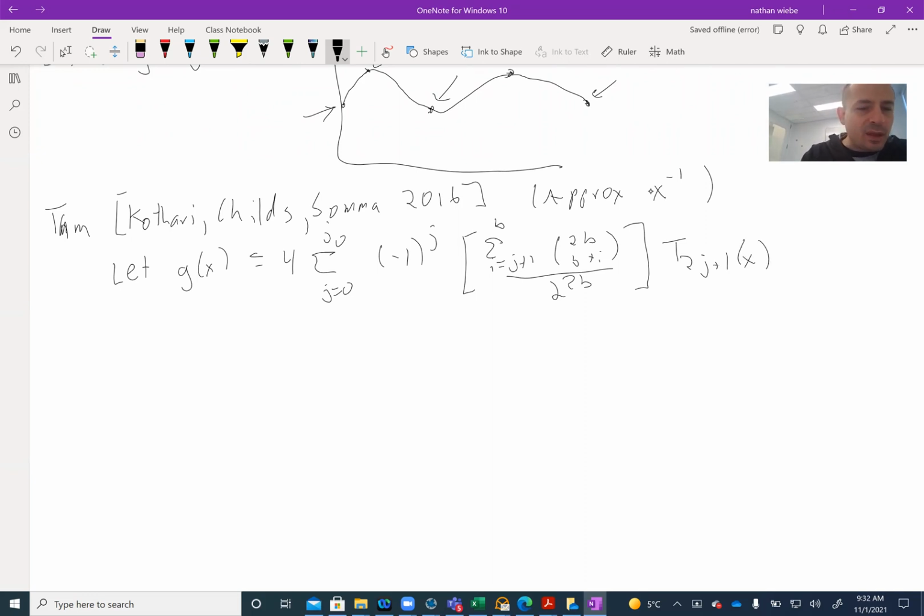And let D, a domain of interest, be -1 through -x min, union x min through 1. So what we've done here is we've taken our interval, which is the interval that normally